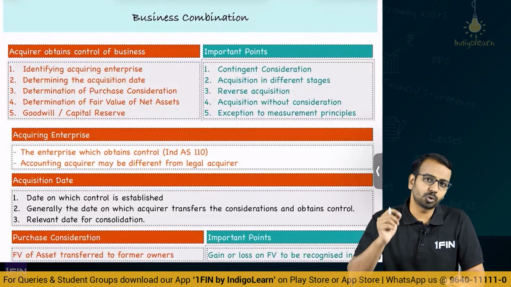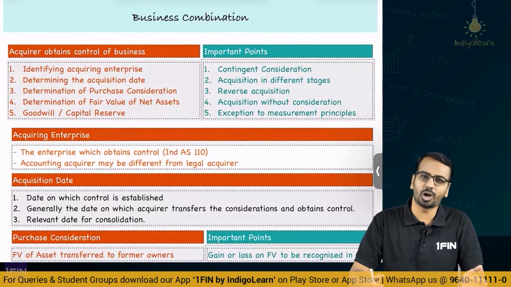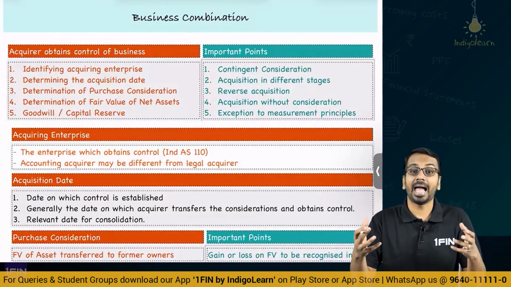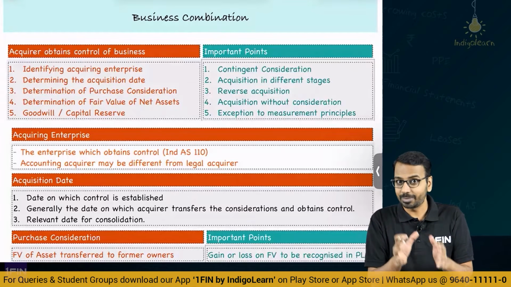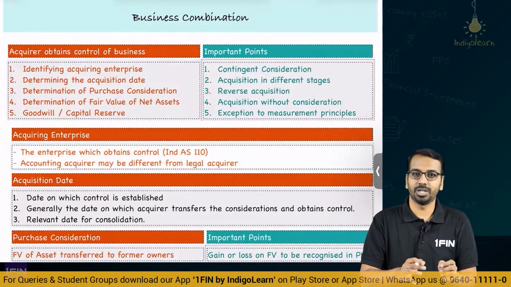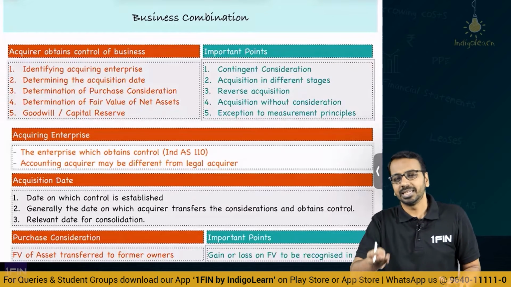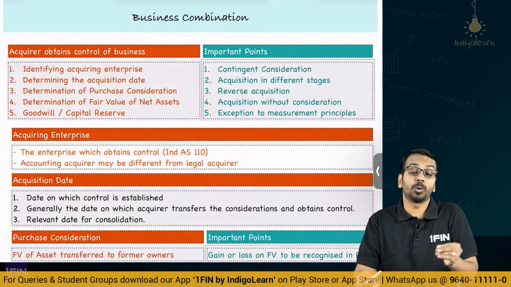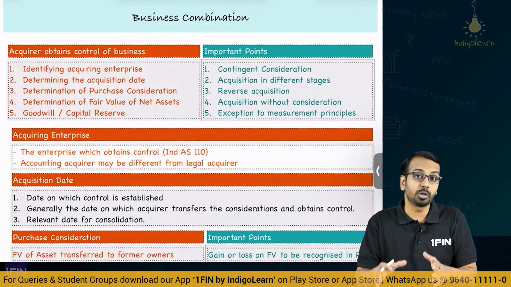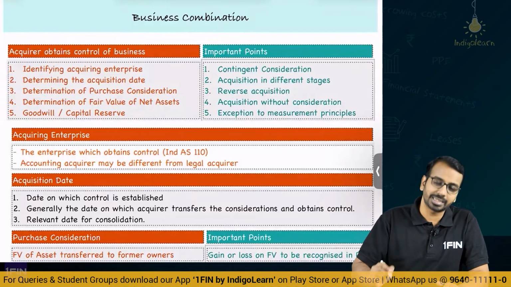And one more thing, students are sometimes quite scared when they talk about business combination, consolidation, because these are big terms which are used by a lot of faculties and students tend to be scared. But let me tell you one thing, if you follow a structured approach in business combination as well as in consolidation, these chapters will never trouble you. Yes, there could be some adjustments which are new, there could be some adjustments which are tricky, but even if you ignore that, you will be able to score good marks in these chapters. So, without wasting much of the time, let us start business combination.